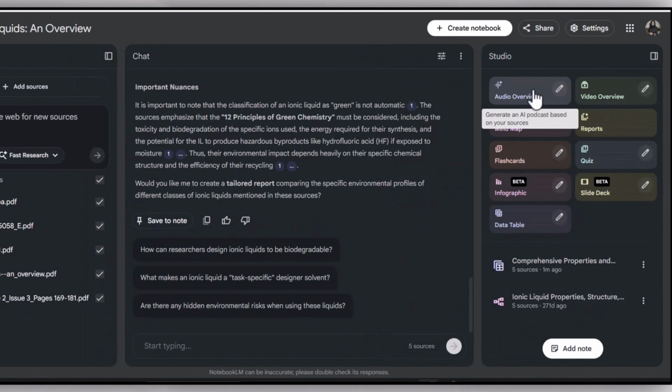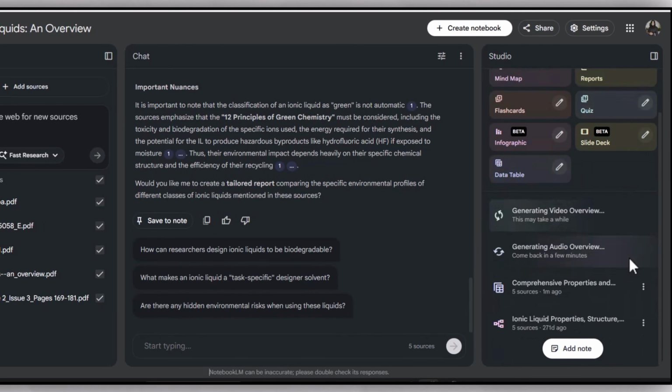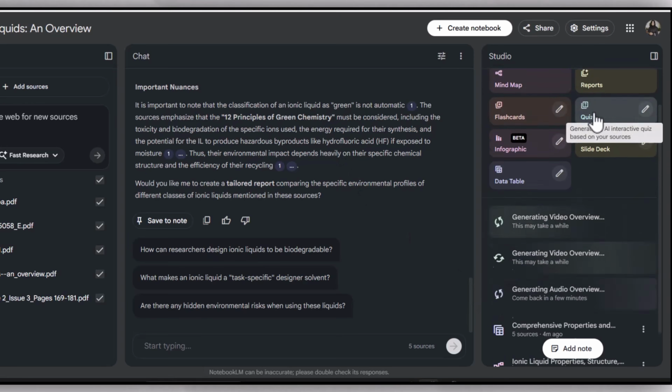In the same way, I can see an audio overview of this specific information which have been gathered, and even a video overview also. And you can use this for generating ideas of different type of documents, and you can use it for your any kind of a content creation, not specifically for your research documents. In this way, you can convert any kind of a script into very interactive videos just by clicking on the